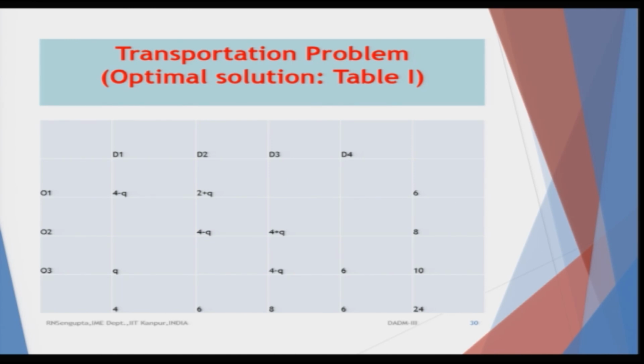a and b are just the nomenclature I am giving, and the total sum of a's should be exactly equal to the total sum of b's. So the total quantum of goods shipped from all the factories combined should be exactly equal to the total amount of demand at the retailers or the warehouses. So consider I am trying to transfer from the factories to the warehouses.